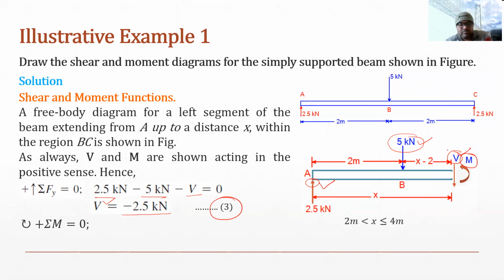So here we have to see how many forces are there and find their resultant moment. The first force will be this one, the second force will be this one, and the third will be in the form of a moment. The fourth will be this V, but the moment due to V will be 0 because it passes through this point only. So we have to find the moment about this point where we have cut the section. So there are basically 2 forces.